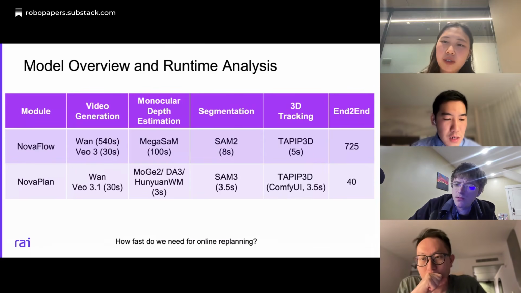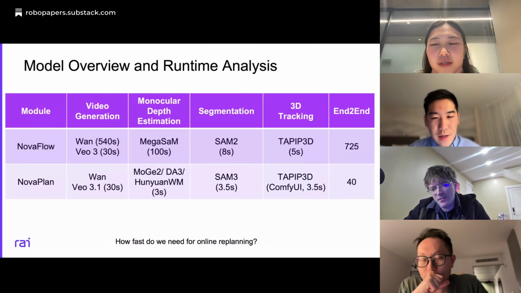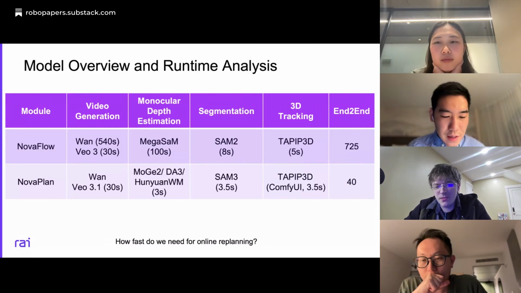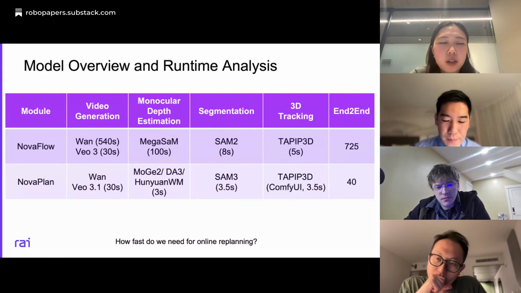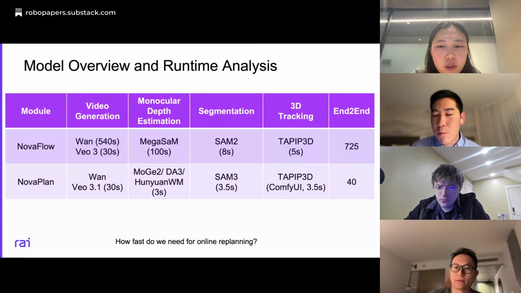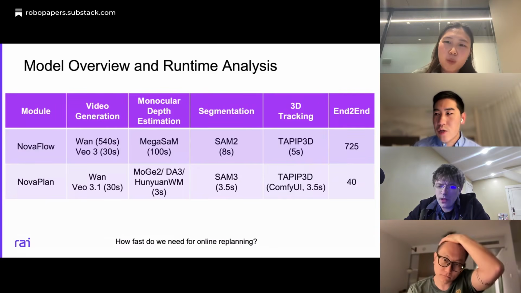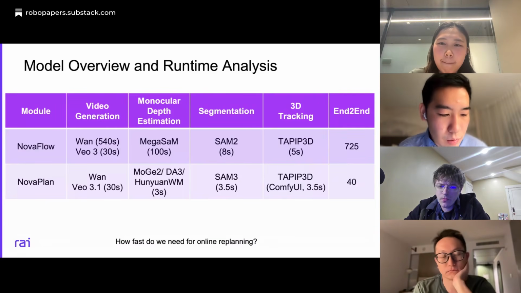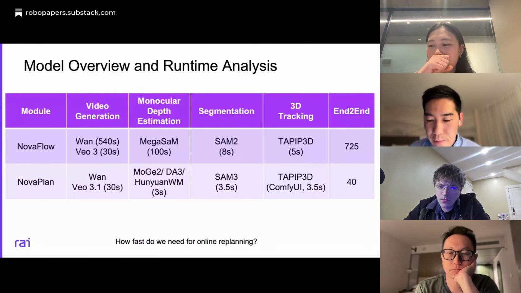But going from 40 to 4 seconds for the whole loop, generating video and everything, I think that's a totally doable thing. For example, we see a trend right now to distill this kind of modular framework into a smaller end-to-end model, which should also apply here, and we would then see another great speedup.